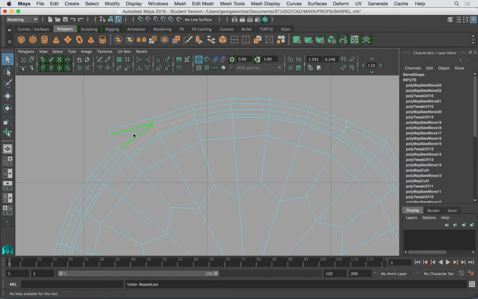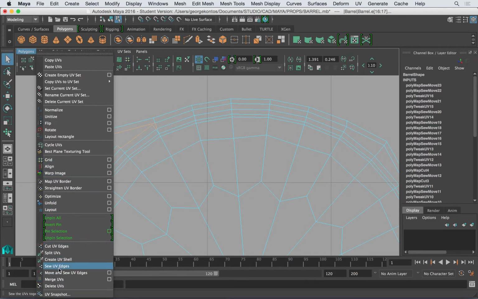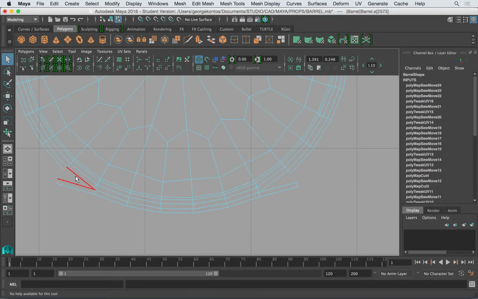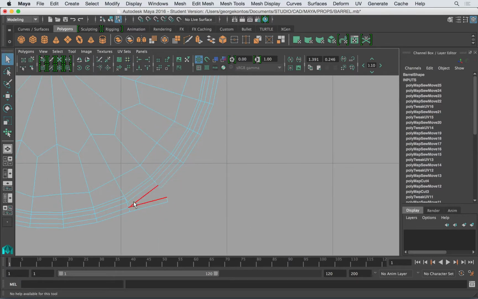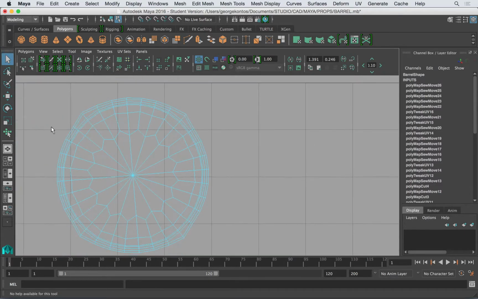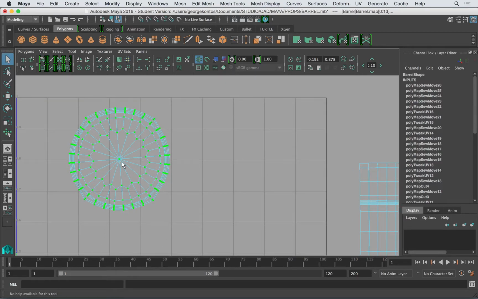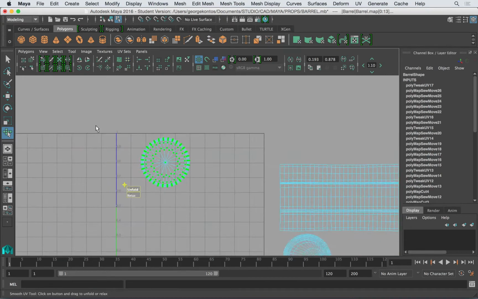This is, okay, this one, and this one, and this one. And then we're done. Now I'm just gonna grab the UVs, select them, shift right click, smooth UV tool, unfold, and final